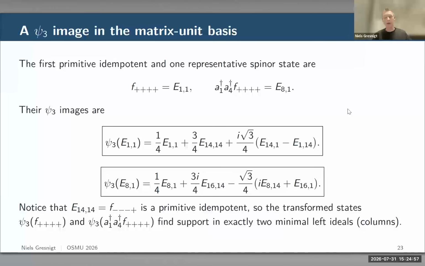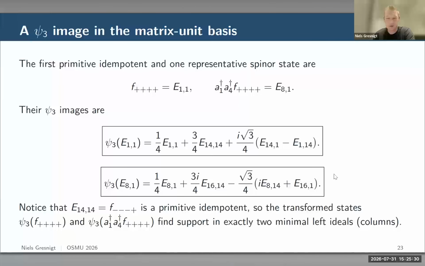Now, here's where the explicit matrix representation comes in quite useful. If we look at the first primitive idempotent, that's just the matrix with a single one in the first column and first row and zeros everywhere else. And just for comparison, I've also included another state here, which would be a state in the first minimal left ideal. We can then work out what their images under Psi3 look like, and they're given in the